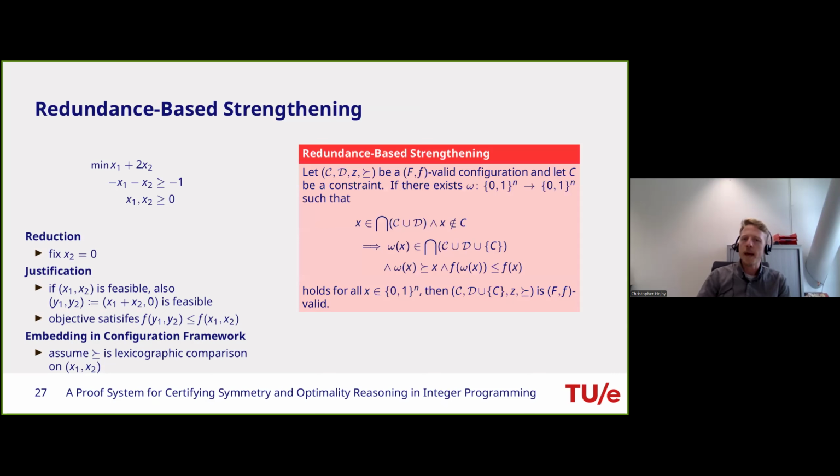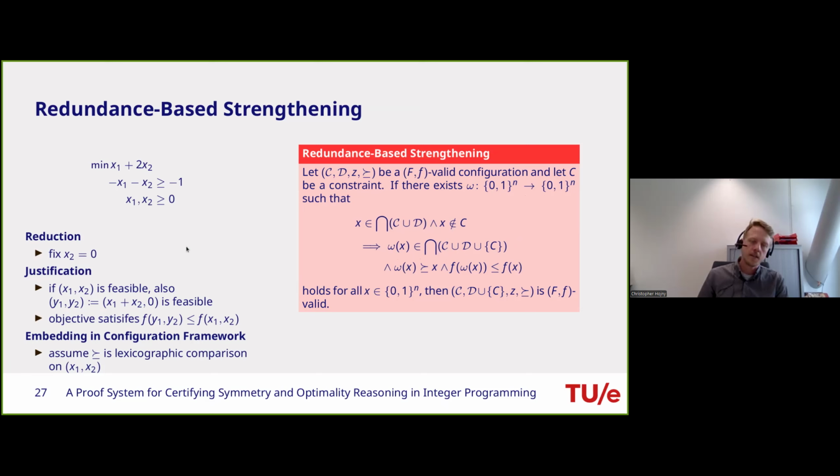And this can be made formal, this map that translates the solution X into the solution Y. So suppose we are dealing with a valid configuration, and we have a solution that satisfies the core and the derived constraints, but not necessarily a constraint that I would like to derive. Then there must exist a so-called witness omega that maps binary vectors onto binary vectors, and that has the following property, namely this manipulation omega of X needs to satisfy the core constraints, the derived constraints, and this newly derived